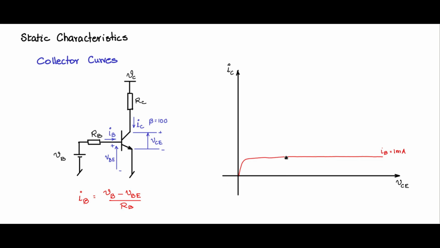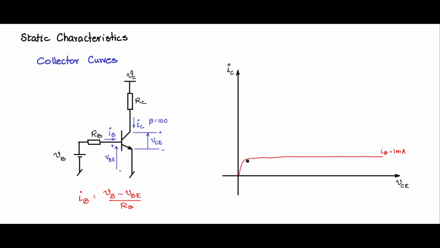How will this characteristic come? So you have fixed IB. IB is fixed at 1 milliamp which is injected. Now VC is varied from 0. So as you start varying VC from 0 gradually, from 0 to VC max, you will have different points here. Now these points indicate the collector current that is going to flow through it as VC is varied from 0 to VC max.